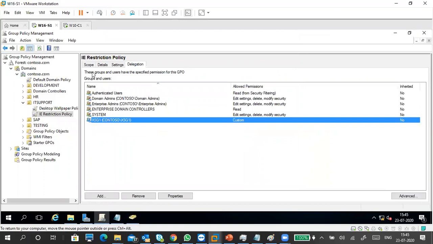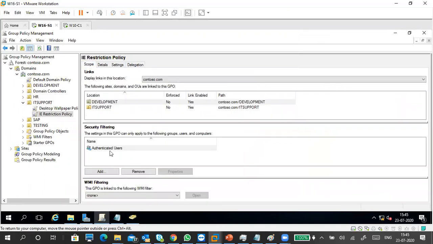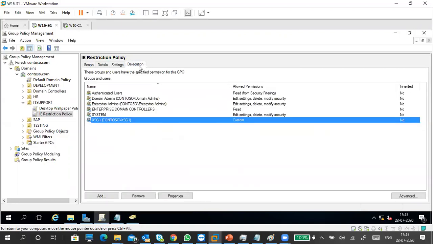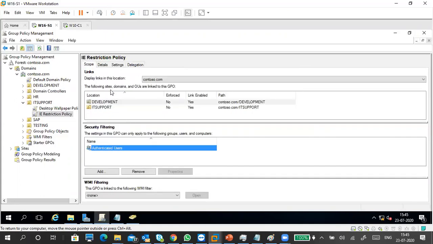So this is one, and this is another one. So just observe it. If you want to apply to a particular user only, you can just remove this one and add a particular user or a particular group. So it will apply on a particular group only or particular user only. It won't apply on everybody. So that is the thing. Security. Here it is. We can say don't apply. We can say here apply. Like that we are able to mention.